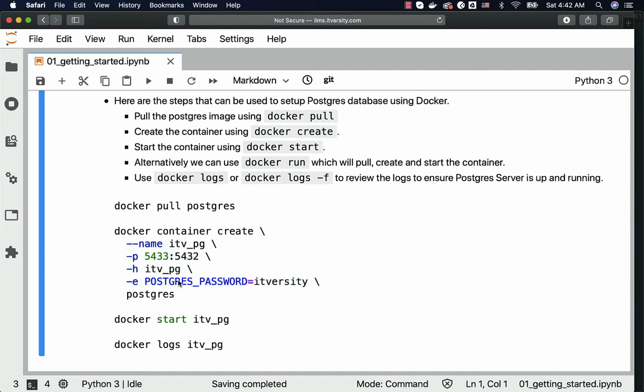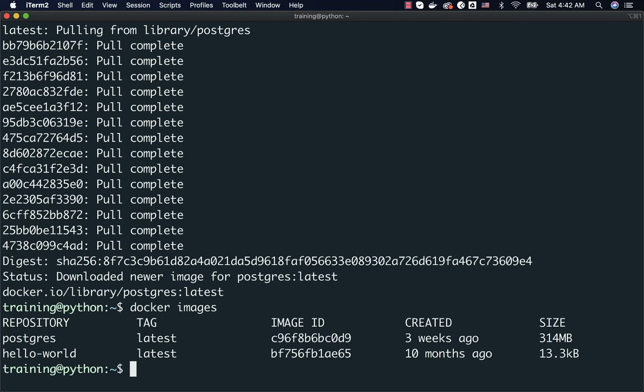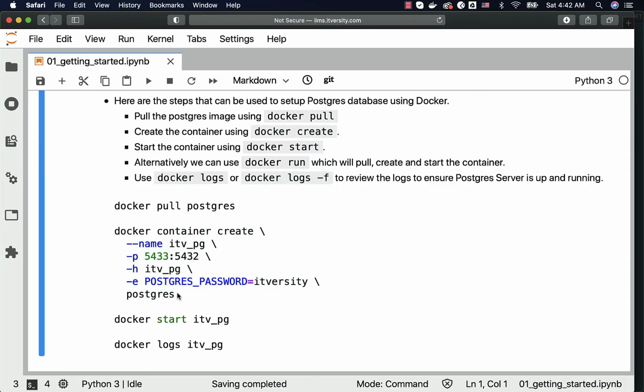That being said, as the image is already pulled, now we can use this command to run the container. However, if you want to confirm whether the container can be created using the image, you can confirm that by saying docker images. It will list the images that are pulled so far. There are only two images. One is Hello World, second one is Postgres. It is also helpful to understand what should be the image name that can be passed while creating the container. And this is what is used here, and hence it should work. This will help us in troubleshooting the issue.